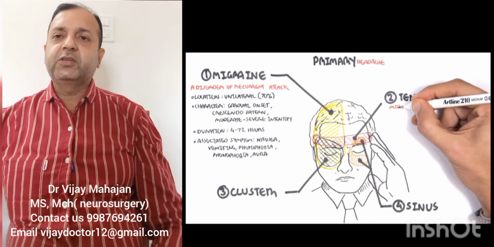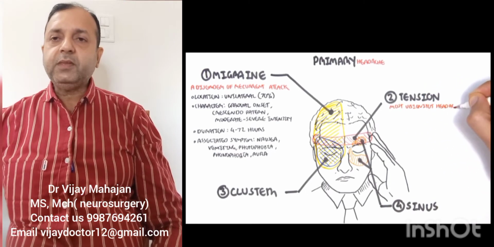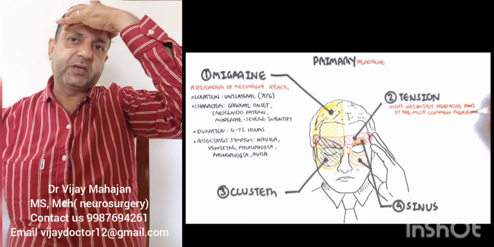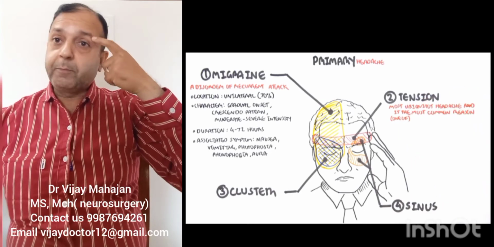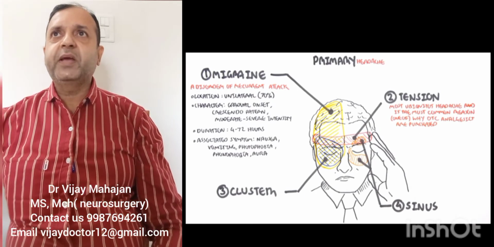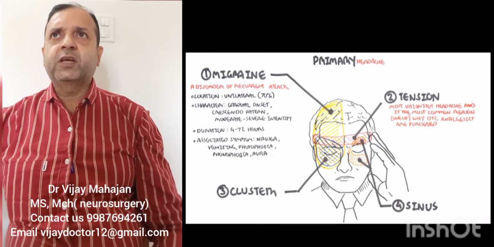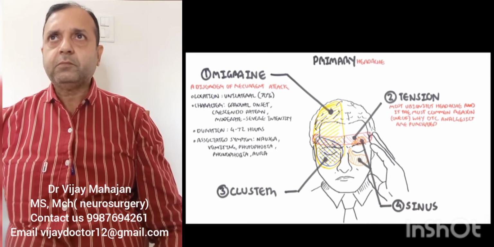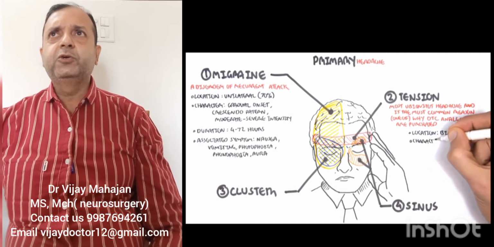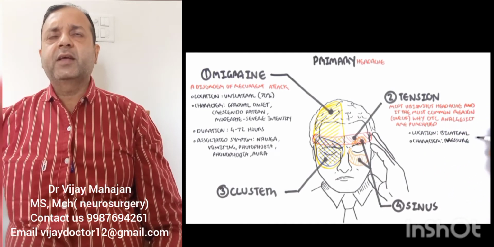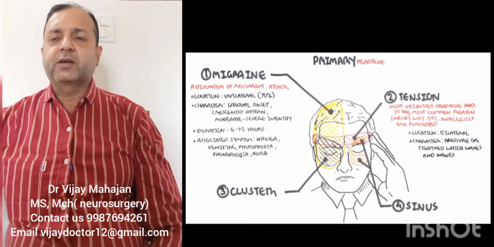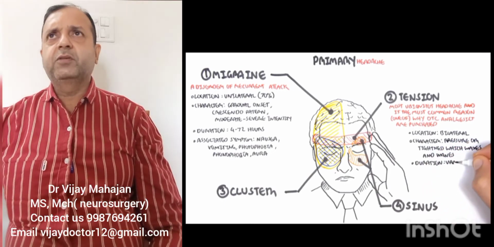The third is the tension headache, which usually involves the frontal region or the bifrontal region and starts from the upper eyelid and involves our forehead. This type of pain is usually seen in patients with stress or tension or related problems in our daily routine life, and such headache is usually controlled by analgesics and NSAIDs, non-steroidal anti-inflammatory drugs. So there's nothing to worry about with this headache.